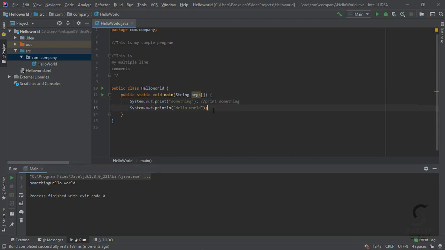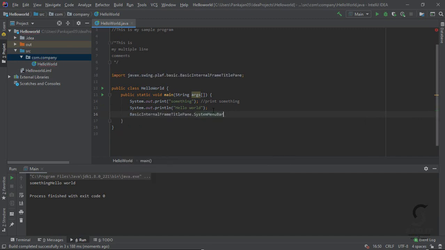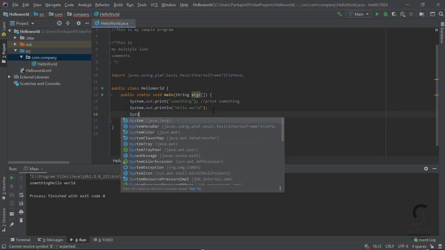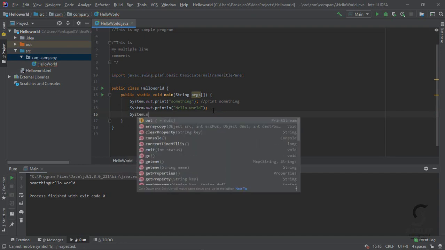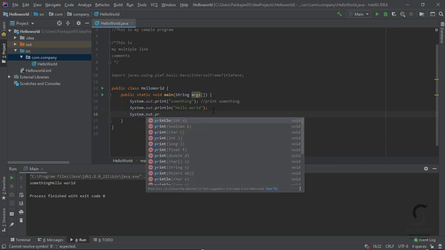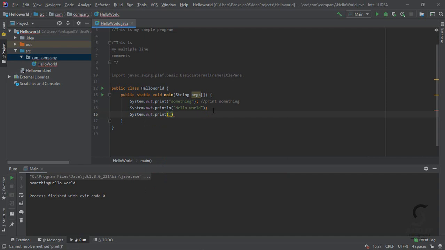If I want to check that again, I am going to print using System and now I am going to print this.